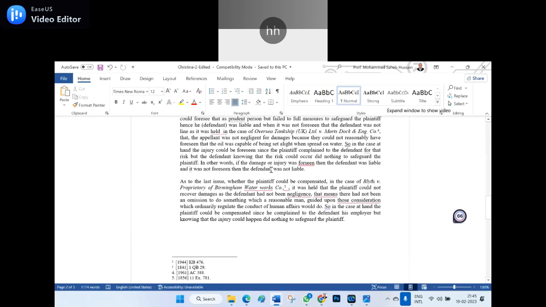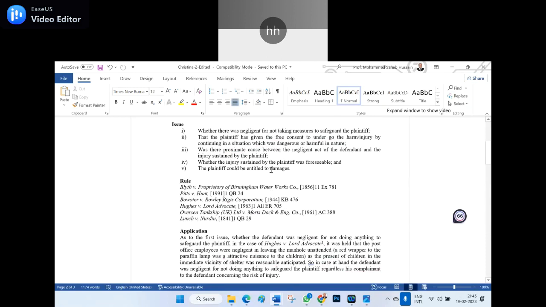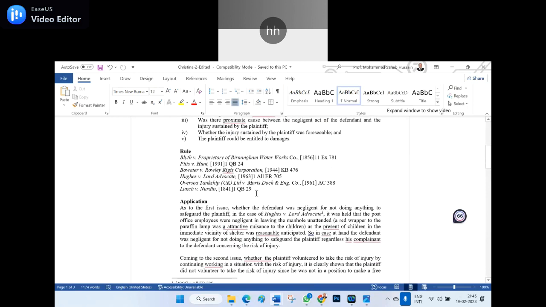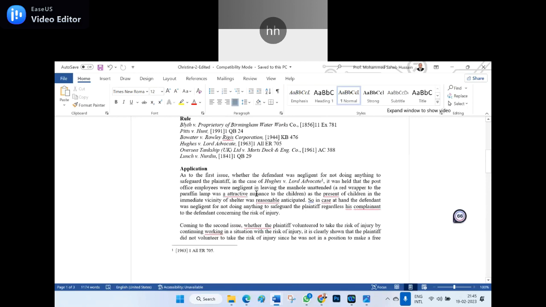So, each issue, see, here I have shown, how many issues are there? 5 issues are there. How many rules are there? All the rules are cases, not the maxims, not the sections, not any Black's dictionary, not the encyclopedia. Suppose if an encyclopedia is used, either Britannica or Americana, or Black's Law Dictionary or Webster Law Dictionary, any one of them used over there, that should be applicable in the rule. And the application: take the first issue and what is the supporting document or the case law needed over there, that will be analyzed in the first paragraph.